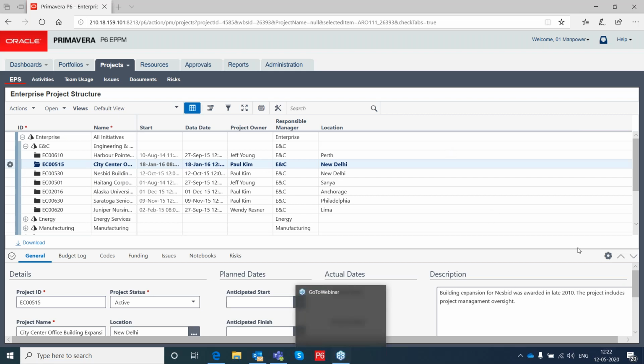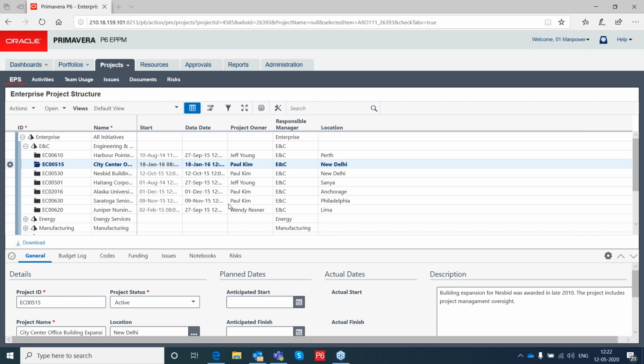Basically, if you ask me what is the difference between the Excel sheet and EPPM: Excel is file based, whereas EPPM is a database application.